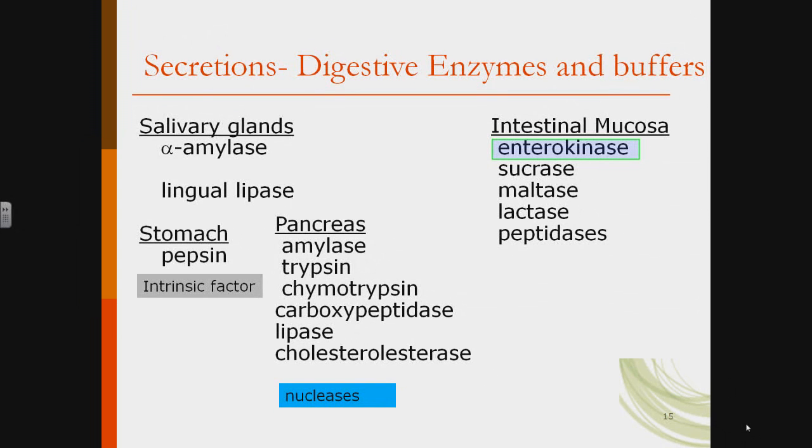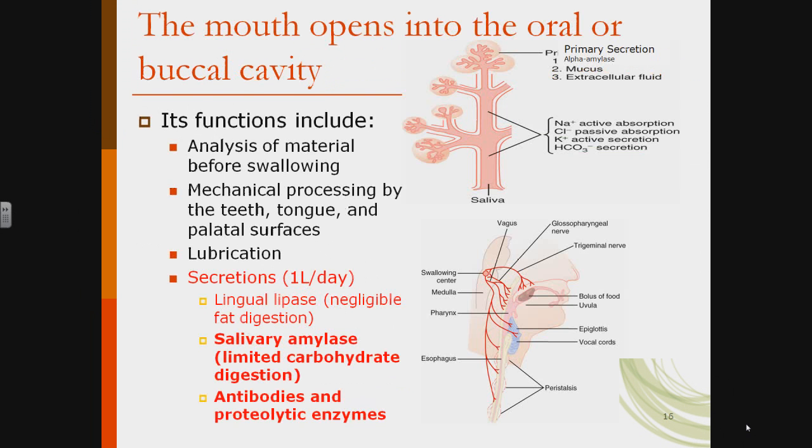And then another enzyme or set of enzymes that the pancreas can release are called nucleases. So you have DNases and RNases. Clearly the food you eat has cells, and inside nucleated cells, we've got DNA. We also have RNA. Why not digest those nucleic acids into individual nucleotides, absorb them, and be able to use them to make new DNA or RNA for your own cells?